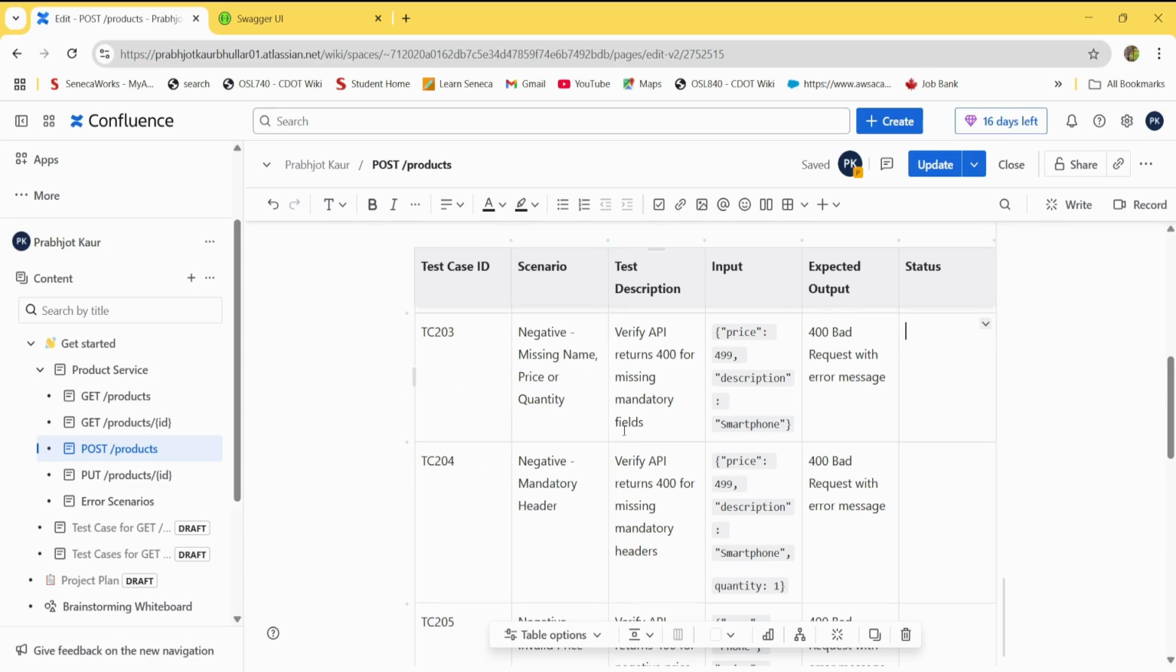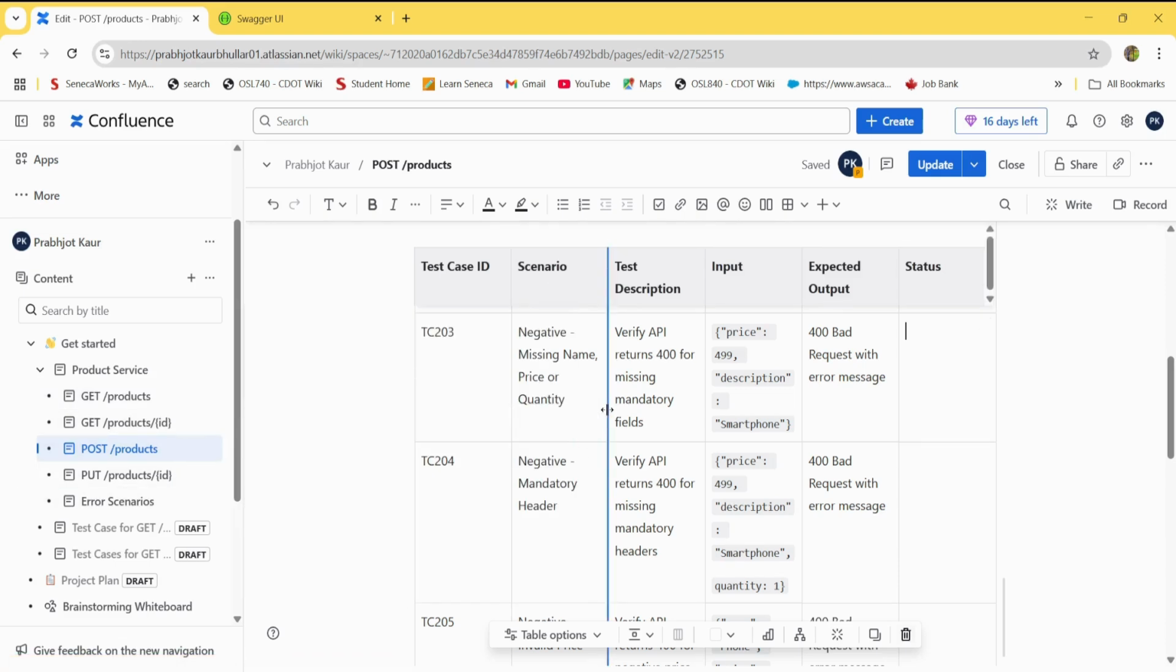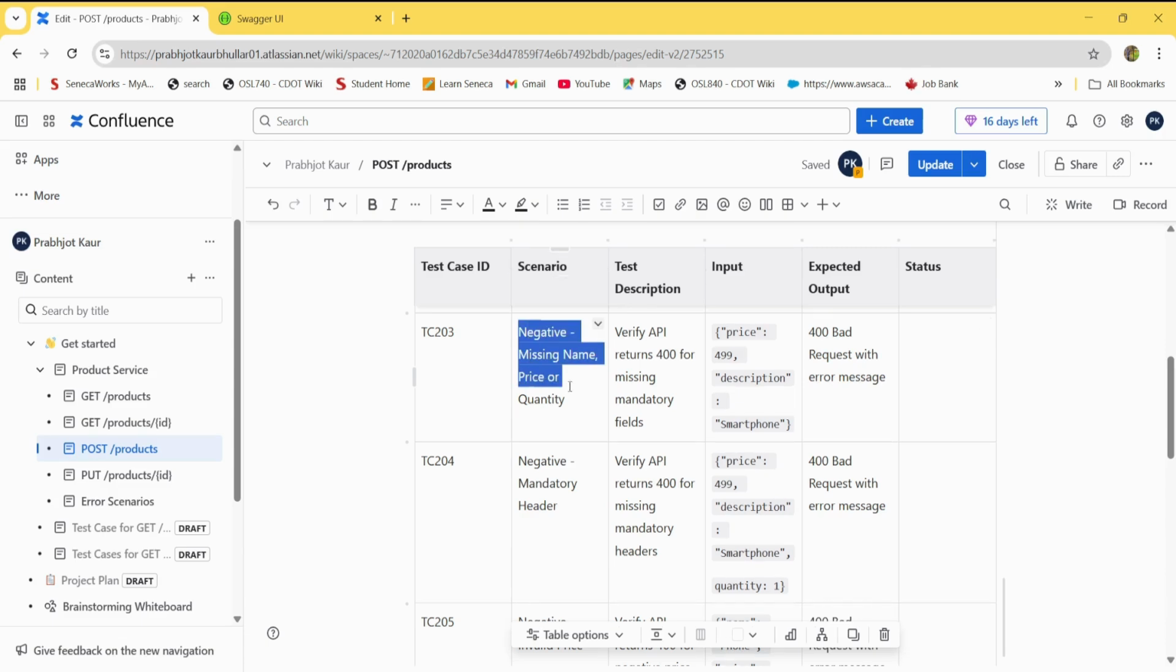Here you can see that I have already created different test cases for the endpoints. Actually, I've created them for all the endpoints. We will be covering the negative test cases for the create products endpoint, that is a POST call. So let's begin. The very first one is with the missing mandatory